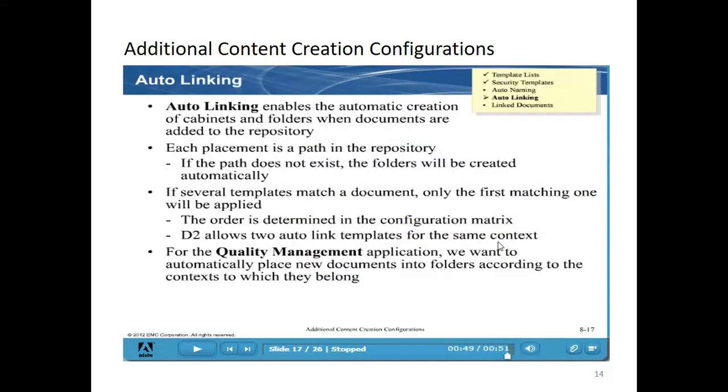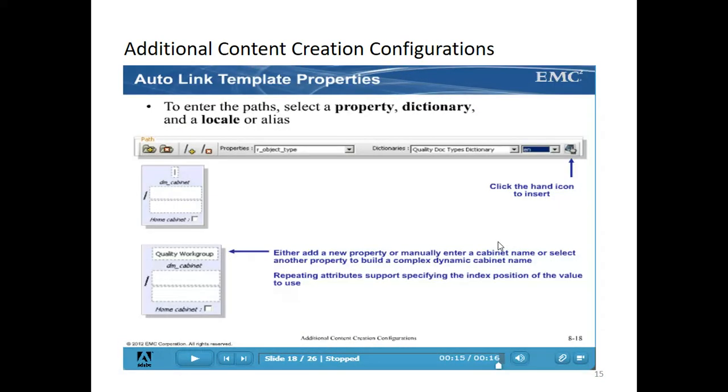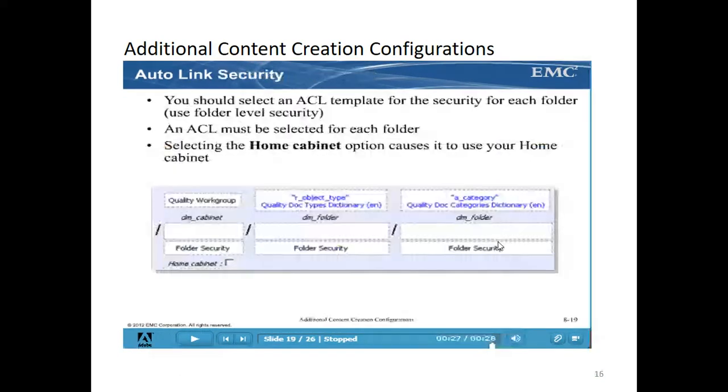Now auto linking. As I said, enabling the path where the document gets stored is called auto linking. For each placement in the path in the repository, if the path does not exist, it will get created automatically. Consider the quality management application as an example of how they define the cabinets of the path. First, the DM cabinet is mandatory; you can give any cabinet name, and then dm_folder.